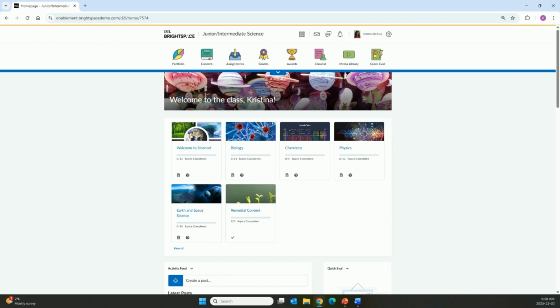Here we are in the Brightspace environment. Special access, again, allows teachers to give individual students or groups extended